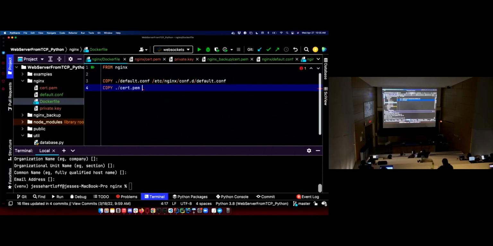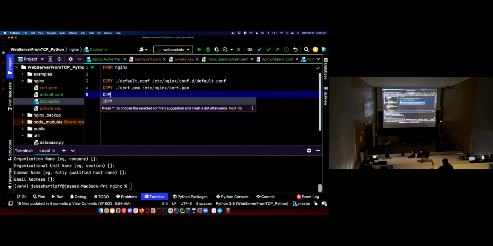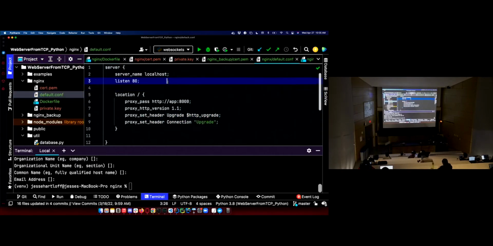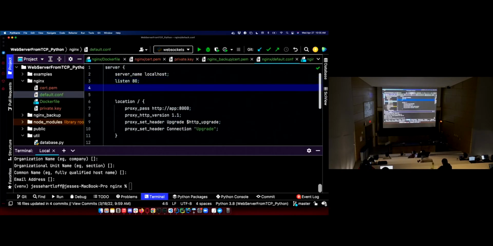Grab my cert, etc Nginx cert.pem, copy, private, etc Nginx private.key. So I'm going to copy those files into my Nginx container and then set up my configuration to use that cert and